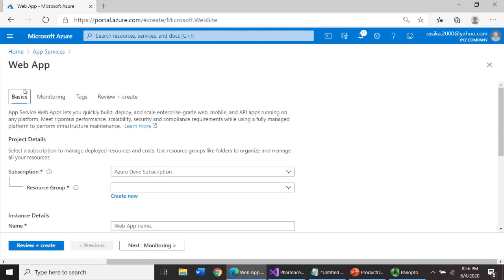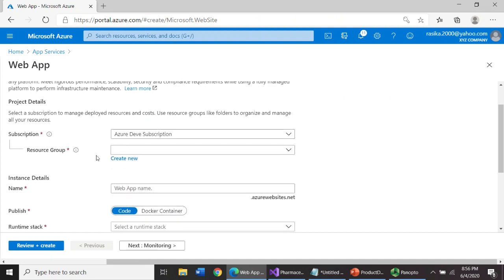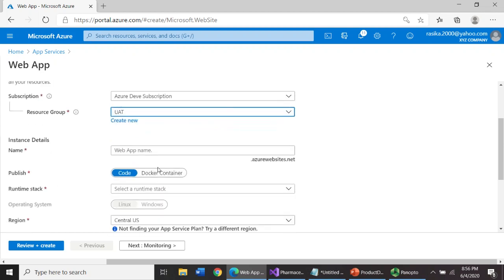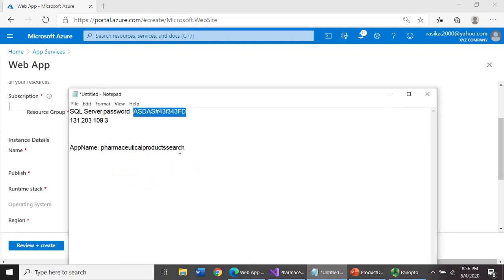This will redirect you to the create app service screen. From here also you need to select the subscription, and you have to select the resource group. I will select the resource group as UAT, and you have to enter a name for your application. I will select pharmaceutical product search,